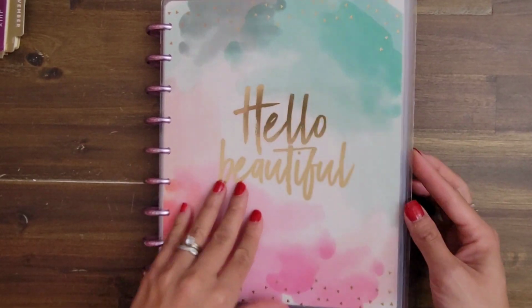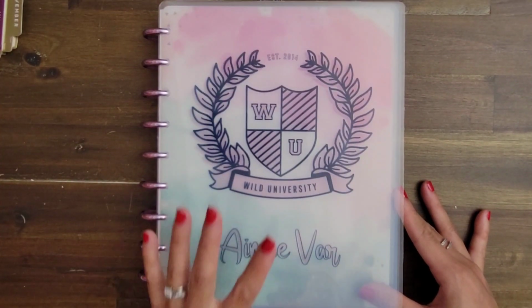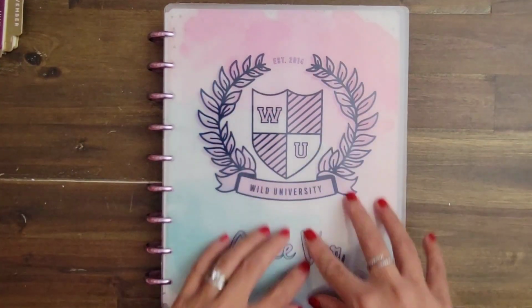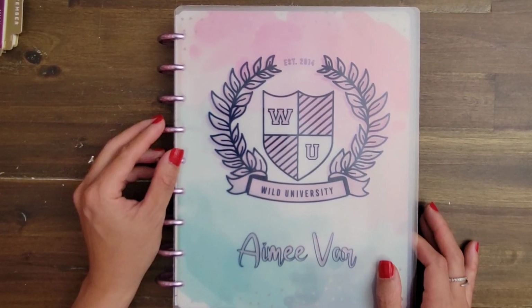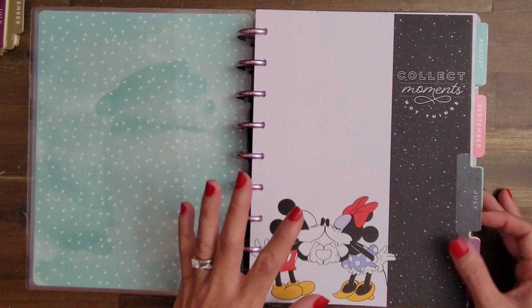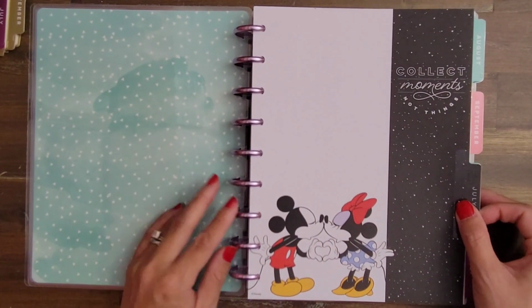So this is the wrong portion. Let me flip it like this. All right, so this is my cover that I made on vellum, laminated, with a set of covers just to give it some watercolor effect in the back, a set of random lavender metal discs from the Happy Planner, and inside are 2 different planners, actually 3, that I've kind of blended together into 2 different sections of my